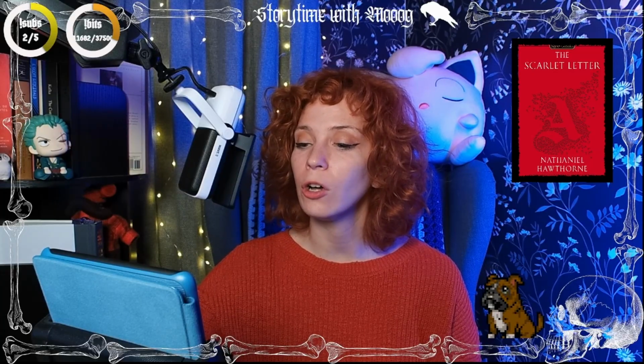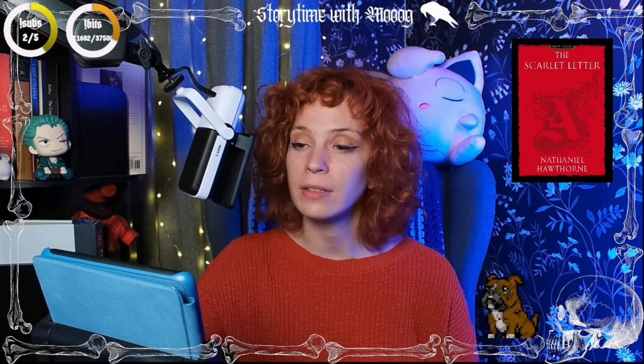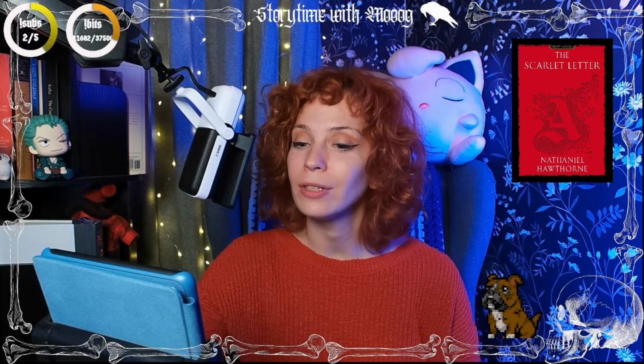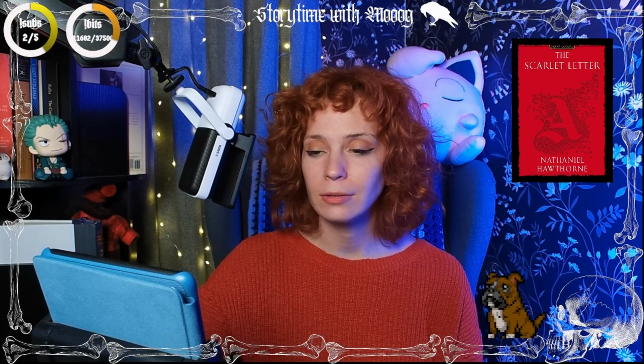There he stood, with a border of grizzled locks beneath his skull cap, while his gray eyes, accustomed to the shaded light of his study, were winking, like those of Hester's infant, in the unadulterated sunshine. He looked like the darkly engraved portraits which we see prefixed to old volumes of sermons, and had no more right than one of those portraits would have to step forth, as he now did, and meddle with a question of human guilt, passion, and anguish.